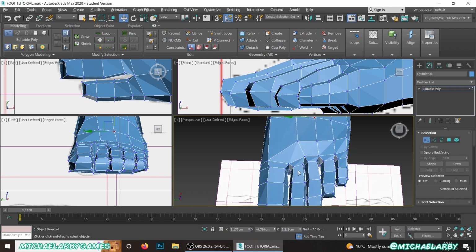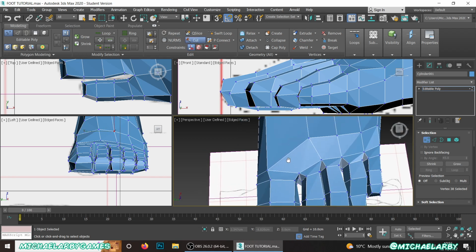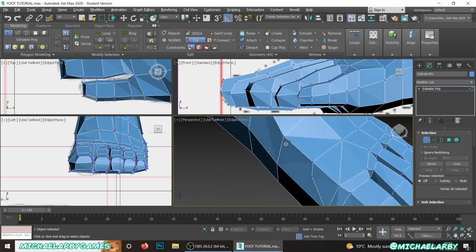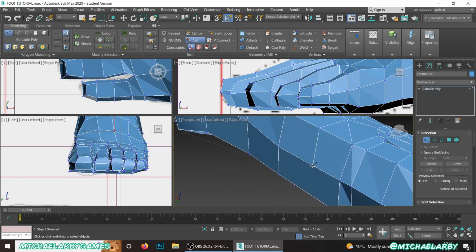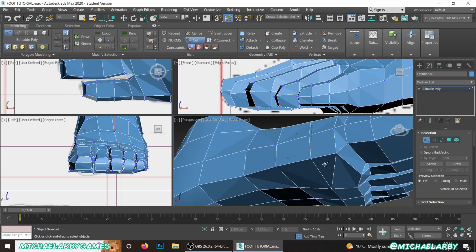So these are a bit untidy looking. Let's tidy those up. I'm just going to use my cut tool, and I'm going to cut from here to here, down to the opposite poly on the bottom side,